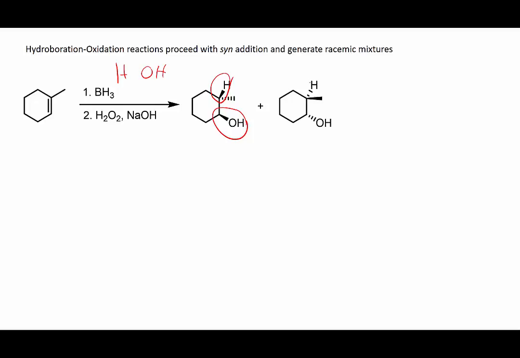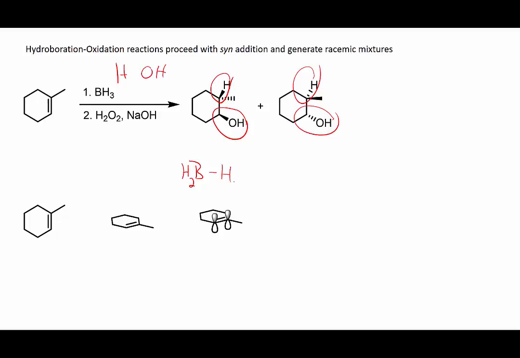We can also see that it could be wedges for both of them. So why do we get a racemic mixture? Well, let's take a look at our species here. Let's rotate the alkene a little bit so it's a little bit flat. Now we're going to add in our p orbitals, and you can see that there are 2 sites where the borane can coordinate. We're going to write the borane as BH2